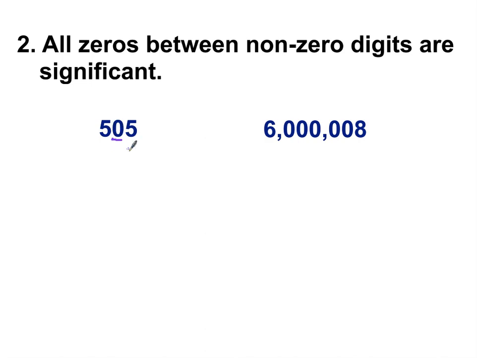So that means that this number has 3 significant digits. Over here we have 6,000,008. Even though we have all these zeros in the middle, the fact that they are in between a 6 and an 8, which are both non-zero digits, means that in this number we have 1, 2, 3, 4, 5, 6, 7